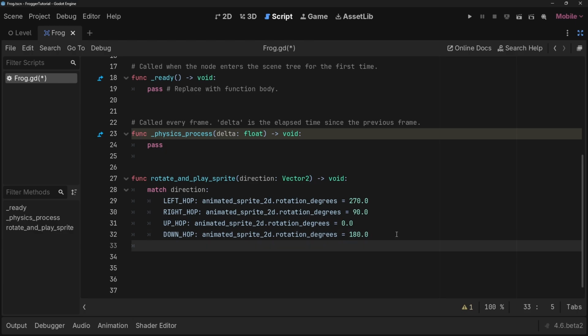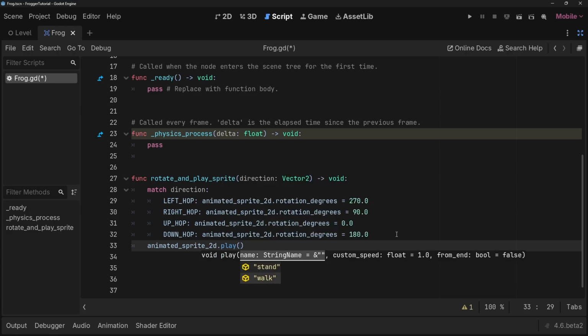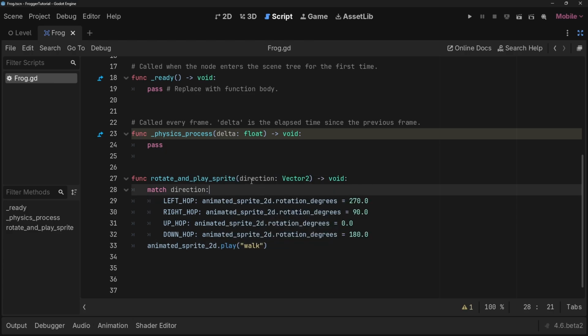And finally, once we've actually done something, we can then play our walking animation. So we can go AnimatedSprite2D dot play, and we have the walk animation, and Control S to save. So we have a function here that, when it's called with a given direction, will rotate us and then play the walking animation. So what I'd like to do to finish this particular video is actually get this working